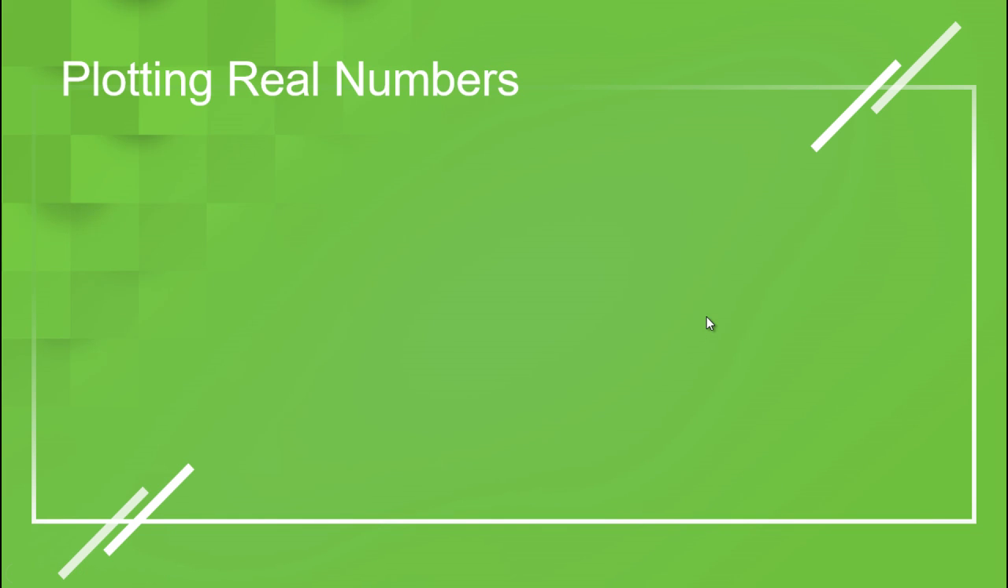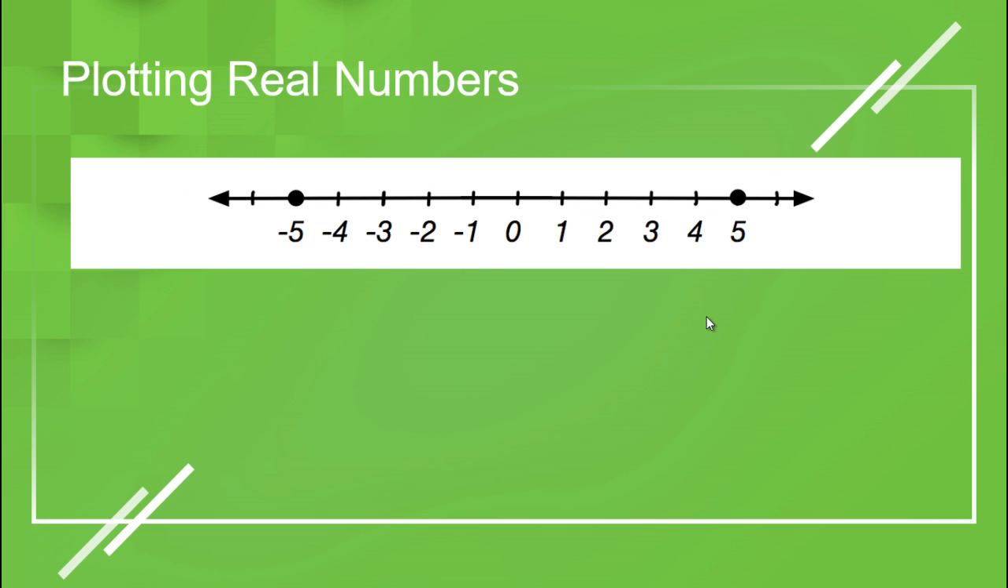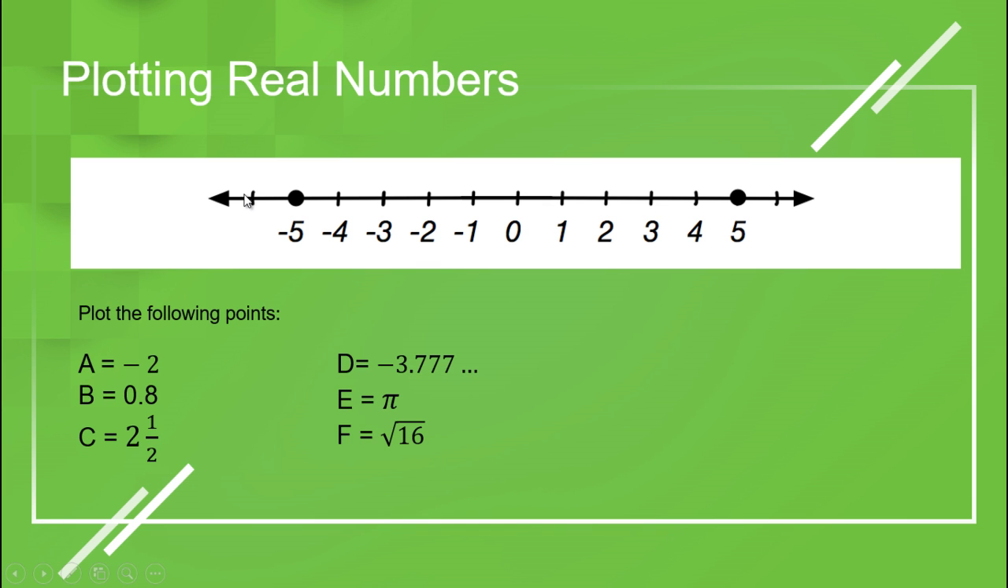The last part of our lesson will be about plotting real numbers. Real numbers are represented by what we call a number line. This is what a number line looks like. So if you see here, if you notice,